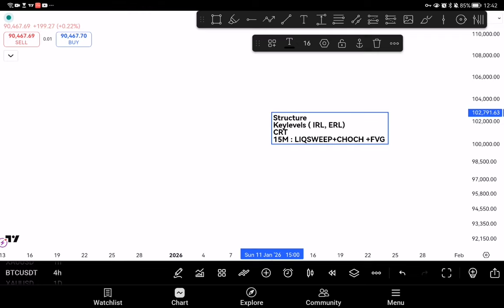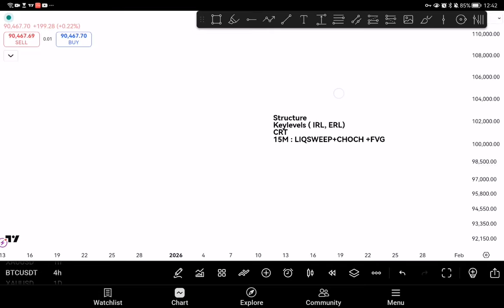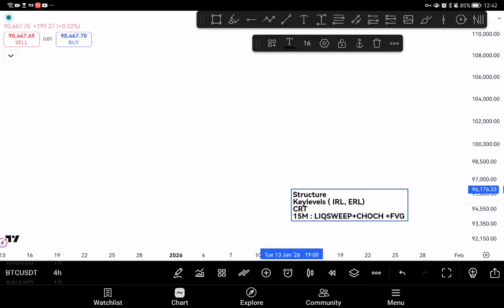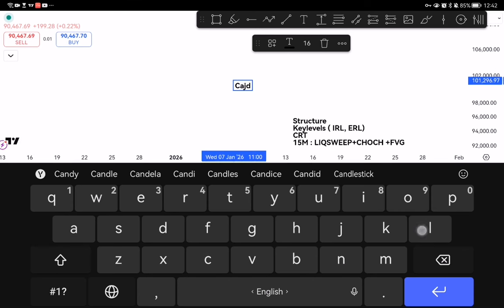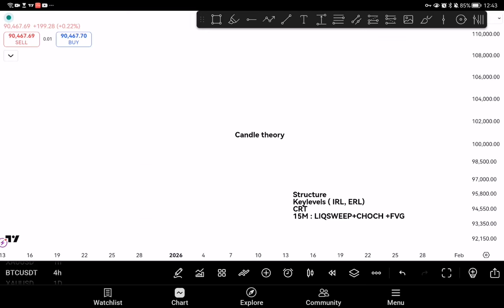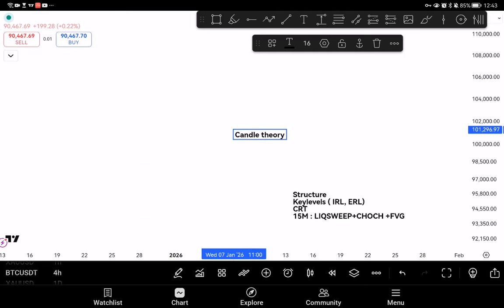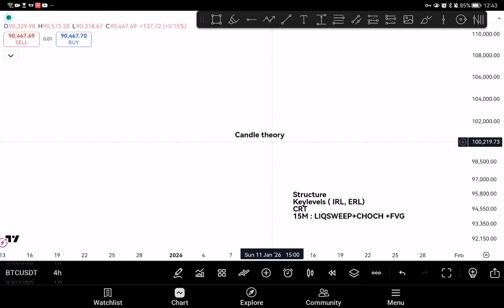Now my strategy is simple. It's basically structure, key levels. My key levels are internal range liquidity, external range liquidity, and I want to see a CRT formation. If you don't know what CRT formation is, CRT is basically what we call the candle range theory. And this theory, I don't know who started it, but I just know that I learned it from YouTube. So the candle range theory is one of the things that I want to see before I actually